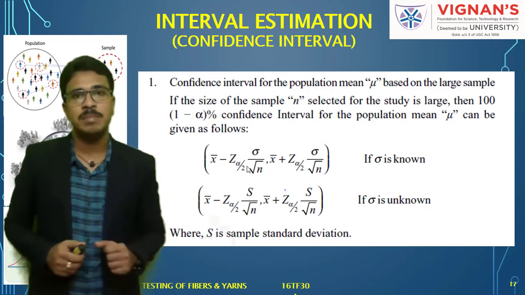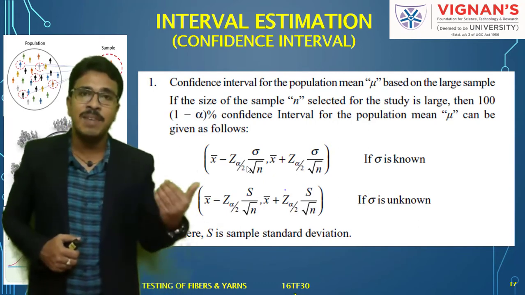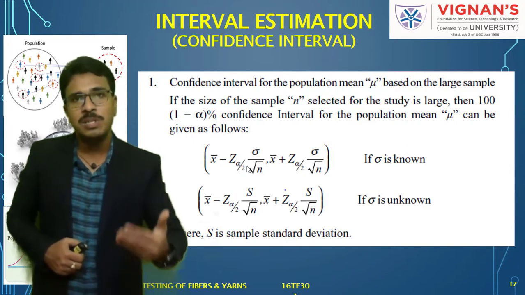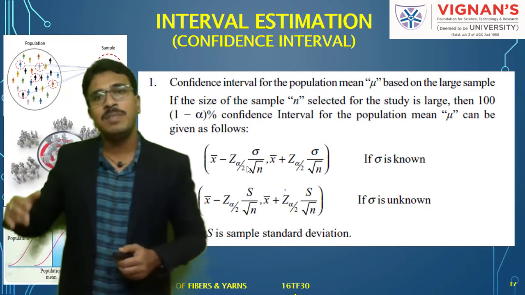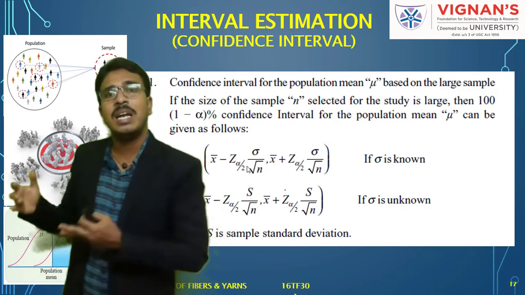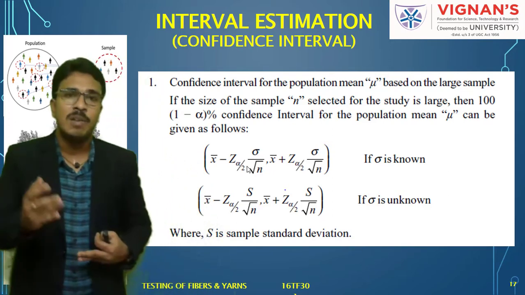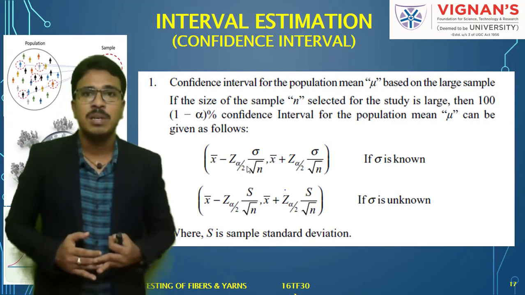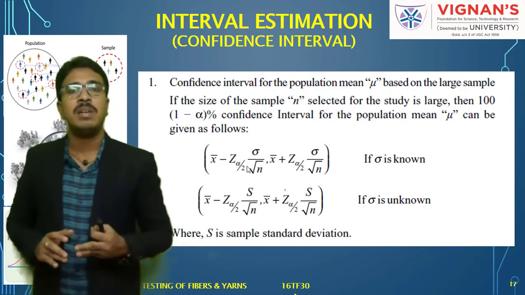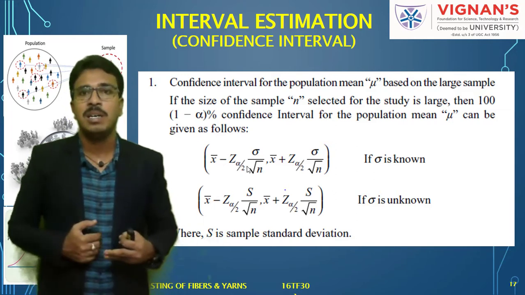Again I am repeating. In statistical terms, if the sample size n value is less than or equal to 30, we call it a small sample. If the n value is greater than 30, that may be 100 or 200 also, it comes under large sample. Here the confidence interval we can find out for the mean. Large sample as well as small sample we can find out, but we need to use different formulas.